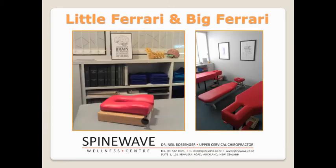So it's hands-on, and you need the right gear as well. These are some of the tools that I use in practice. This picture was on the very first slide, and it's an image of a technique in upper cervical. There's a number of different upper cervical techniques. This one's called Blair, and this is a toggle recoil table, a special table for making specific corrections to the